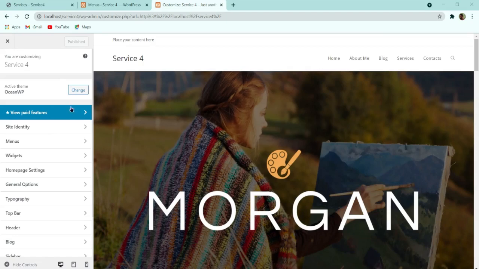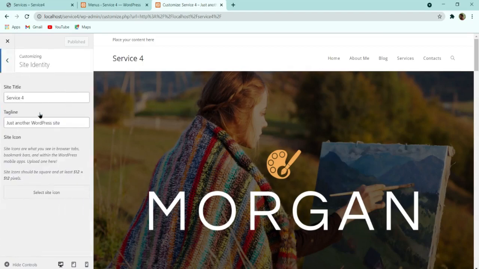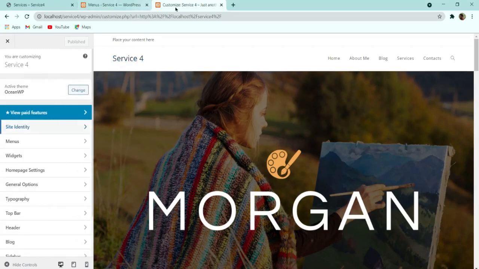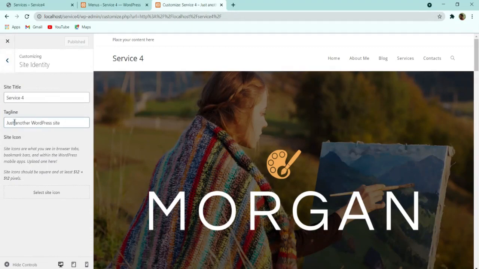So now here you can see this site identity. Here you can also change the site title and tagline for the site. Here you can see that this is the tagline. Service 4 and "Just another website" are presented over here. So you can type here, let me type "by the CMS guys",